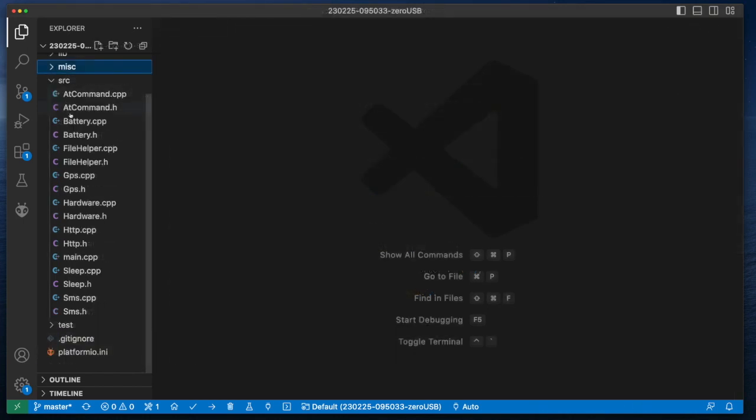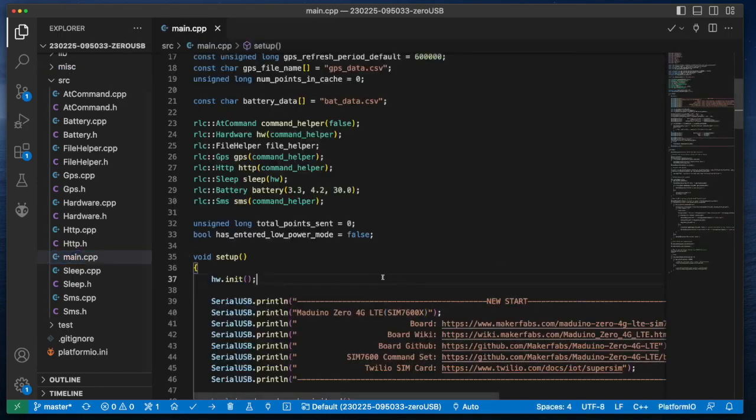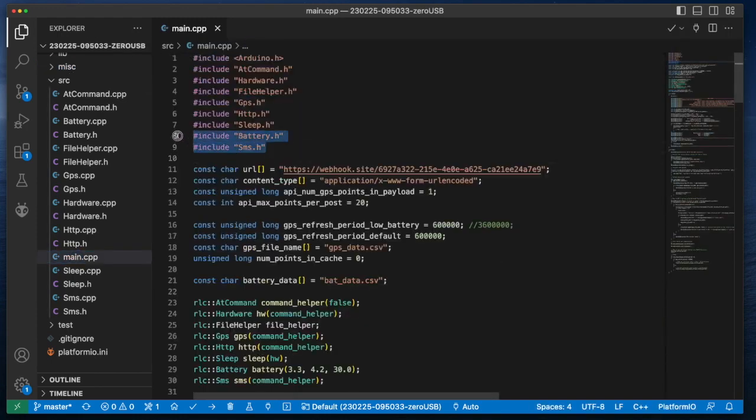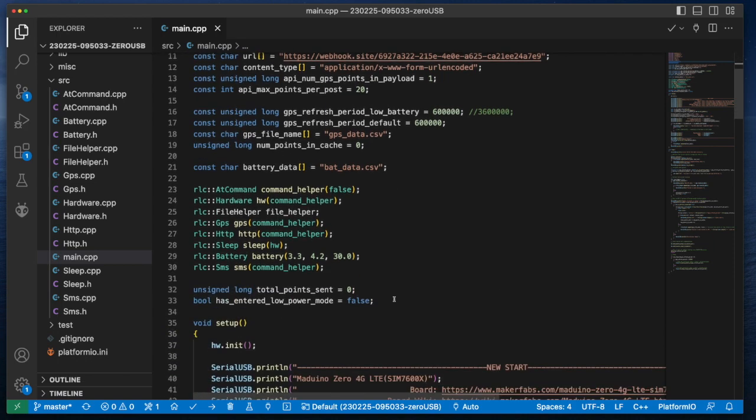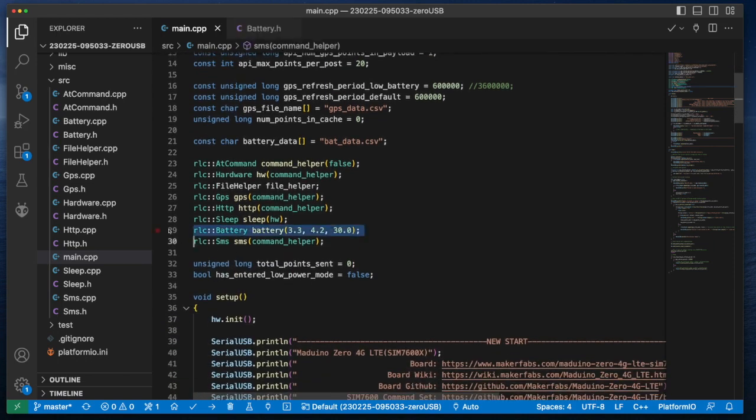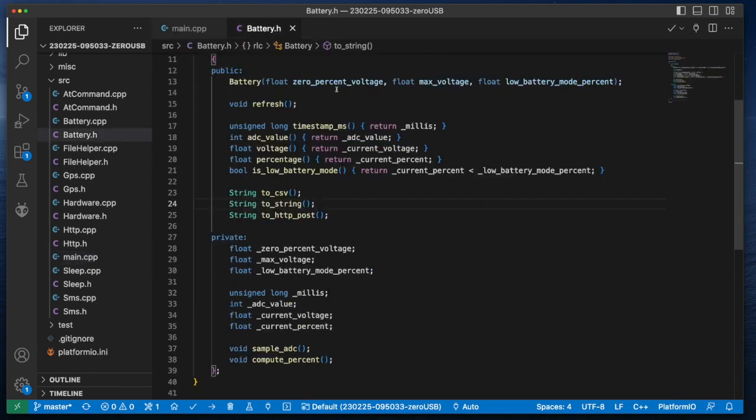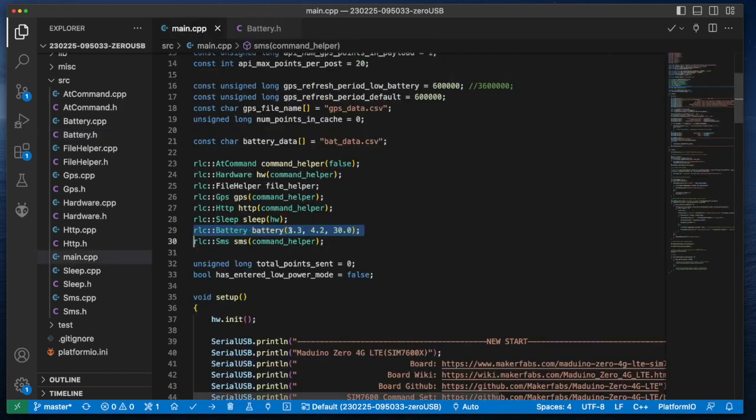So finally, let's take a look at the last bit of code change that's happened here. If we look at our main CPP class, you can see at the very top I've included both the battery and the SMS header so we can use them in the file. Here's where I create an instance of the battery class, and again, I provided the 3 parameters. Just a quick review of what those parameters are: the 0% voltage, the max voltage, and the low battery mode percent. The values I'm providing are 3.3 for the 0% voltage, 4.2 for the max voltage, and 30%